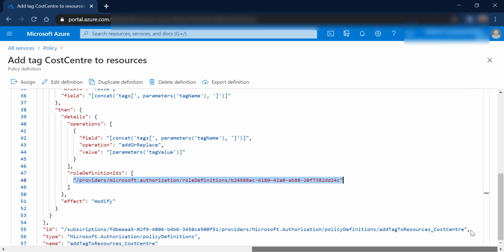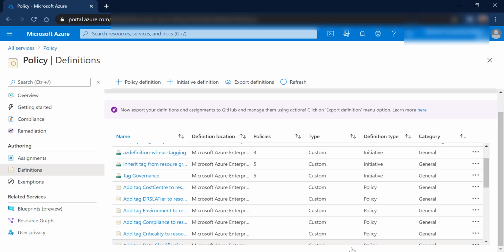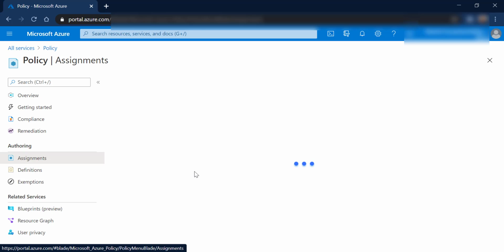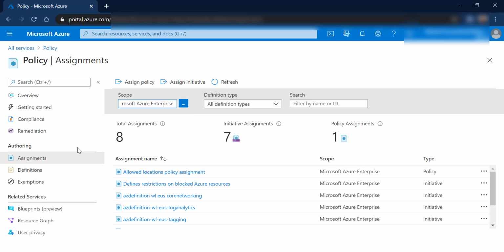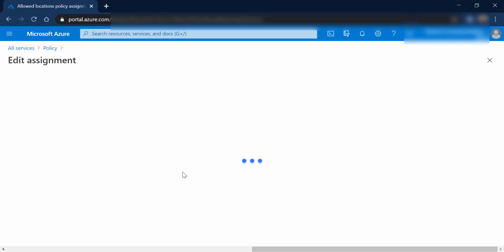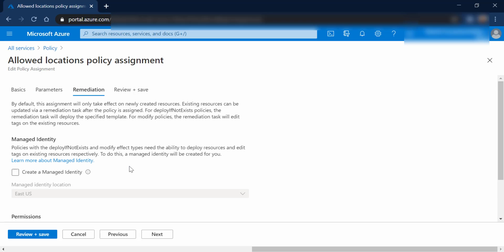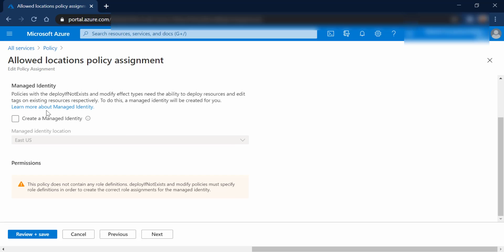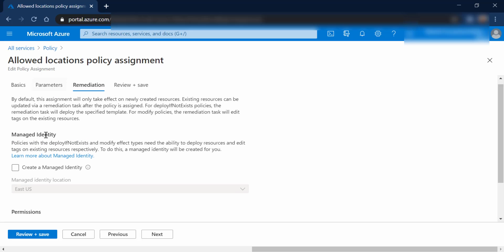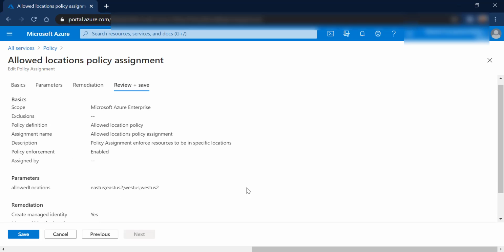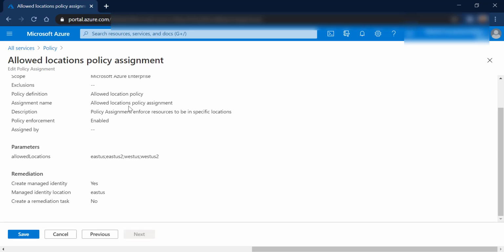Now, once I do that, it can be applied here and is available in the assignment like this. And once the assignment is available, for example, I have the location policies, so what you can do is run the remediation task. For example, I have the location policy, US locations. When I say, okay, remediate this particular location assignment policy, what I'm going to do is create assignment, next, and it is going to run the remediation task.